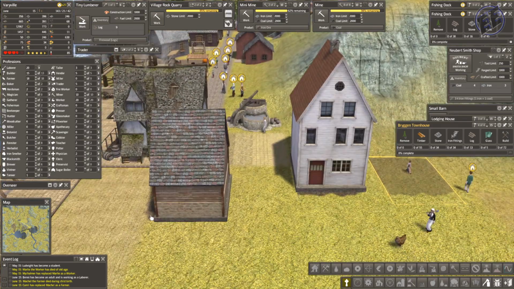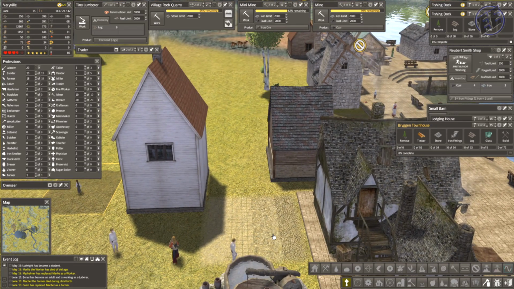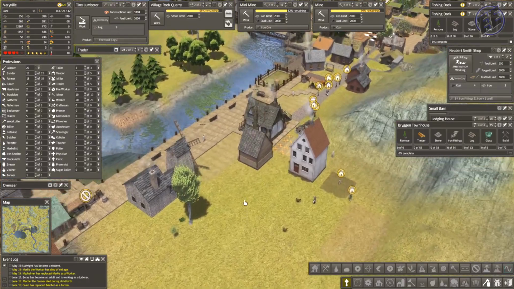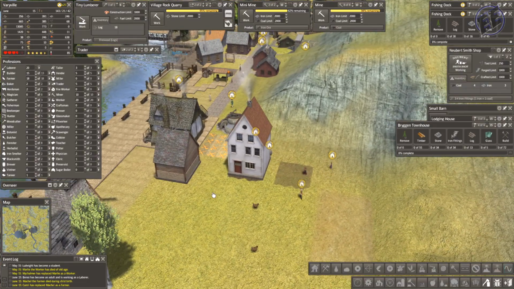Let's pause for a second. I could use these 2 right here. This looks like cracked earth. I could use these 2 right here, but this one here specifically I could use wherever. I'm going to go like that. And then